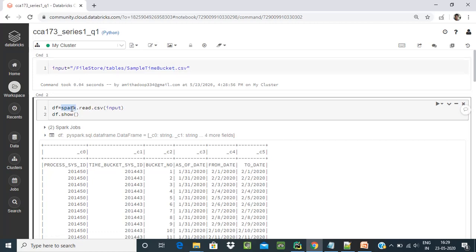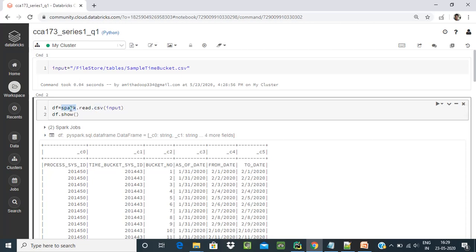Spark is basically a Spark session object, and in this Databricks notebook a Spark session object is built in. The code is written in Python, but Spark's read.csv is the same in any language. There are no differences because the Spark framework has its own data types and methods, so it is not dependent on any language.